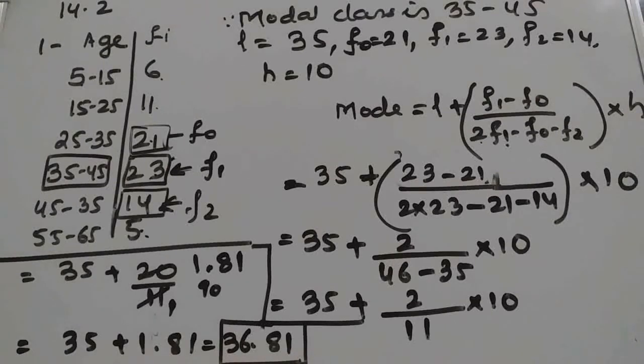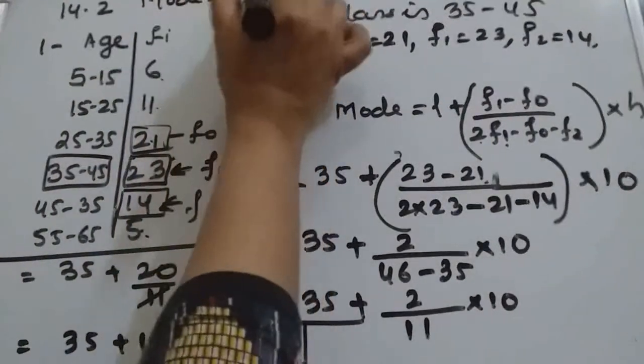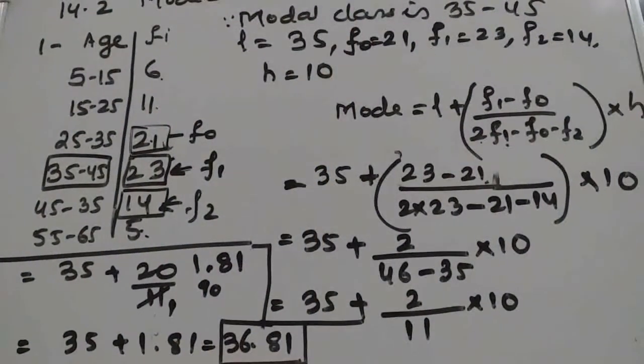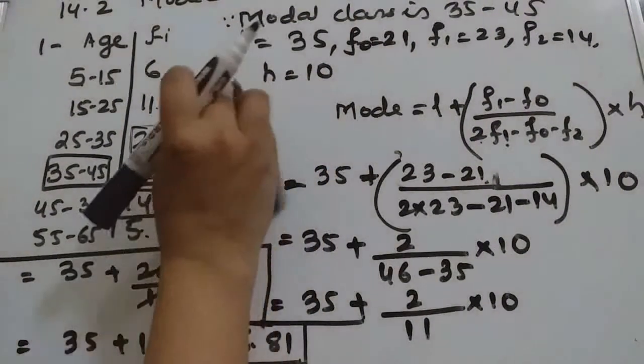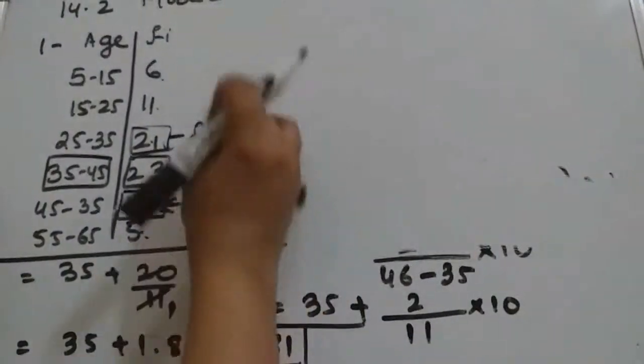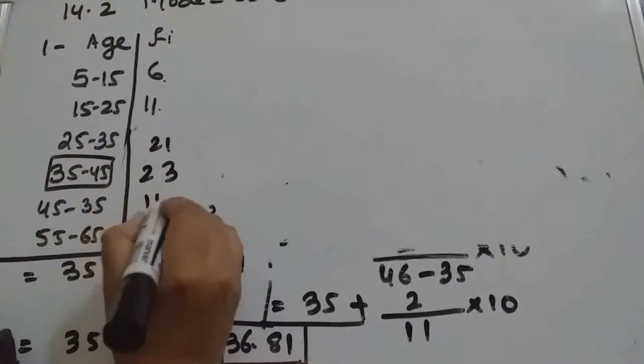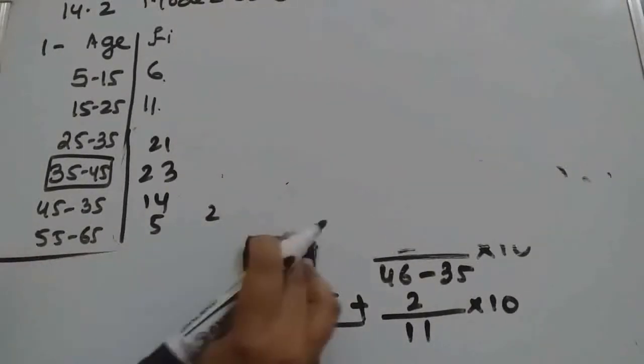Okay. Now for the same function, it is given that find mean also, then compare. So this mod value we will write somewhere, that we got mod as 36.81. Okay. Now to find mean, again we have to prepare a table with xi column, isn't it? Fi column. Fi column is given in the question.